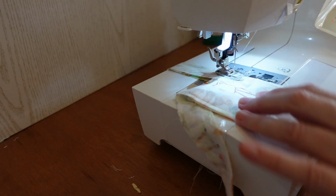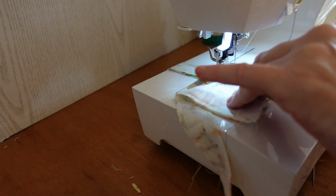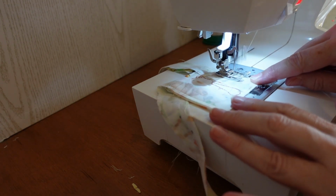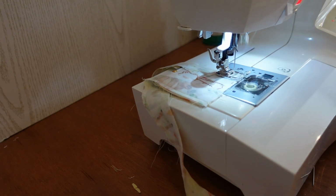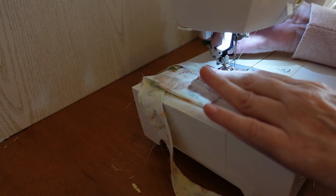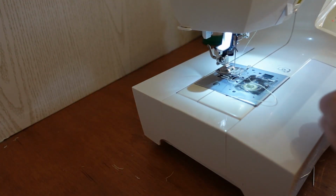Giving a very gentle pull there because that's fine. Yeah, it's just catching. Okay, and back stitch. There we go. Okay, that's that one. Right, so I'm going to pull these 2 out